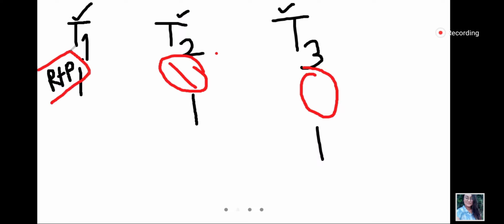So there will be only one resource or processor, suppose, and they are sharing it using the time sharing system, and the user never gets to know. It is actually doing one task at a time, but the user thinks that 3 processes or 3 tasks are being done at the same time.